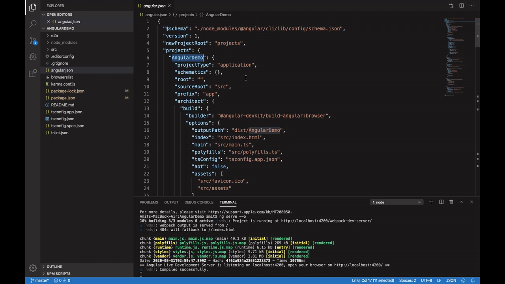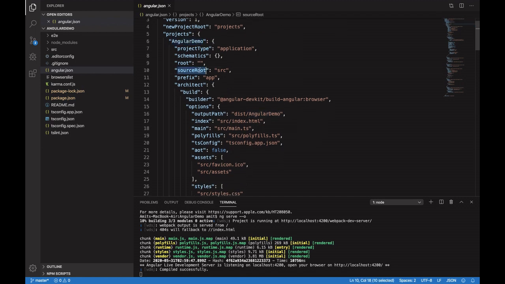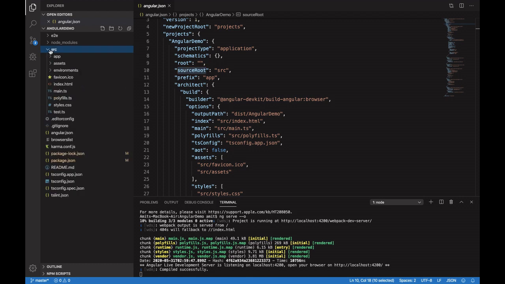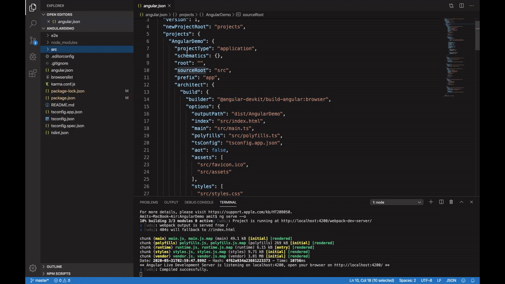This is the file structure basically, and this is the name of the file. This is the source root of your project. Source root talks about the root directory of your project, and inside source you will get all the application related files. There is one more question that comes up: can we change this source root or not, and if we can, how do we change it while creating a new Angular application? Note it down and try to answer this question in the comment section of the video.